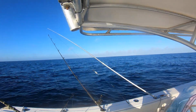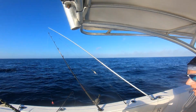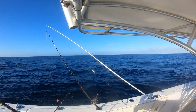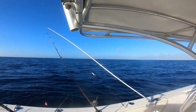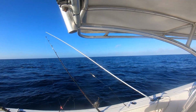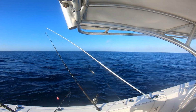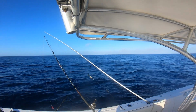So now I've got to reset and try and come back around on it while watching out for the line that's on the other outrigger on the starboard side of the boat. So here again, keeping an eye on it, watching it bobbing up and down. And once I get up to this one, this is where I really almost make a costly mistake. Once I come over, you're going to see, and I'll tell you in advance, I go to grab it,